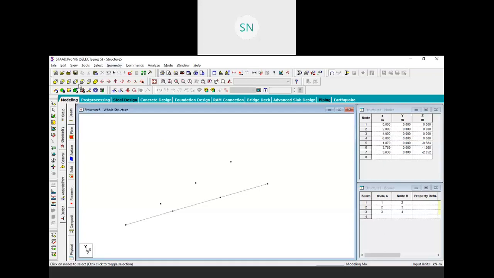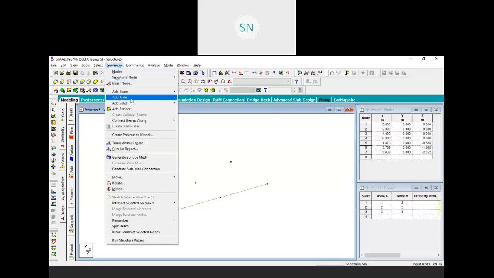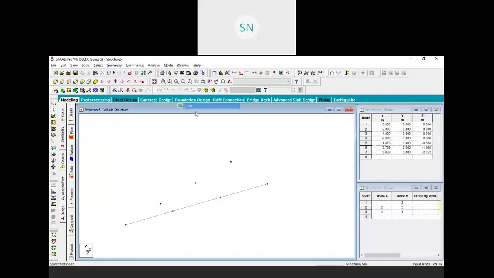So over here we also have 4 node plates, right? So chord plate, and in the geometry add plate we have 2 types of plates, chord plate and triangular plate. So take this chord plate